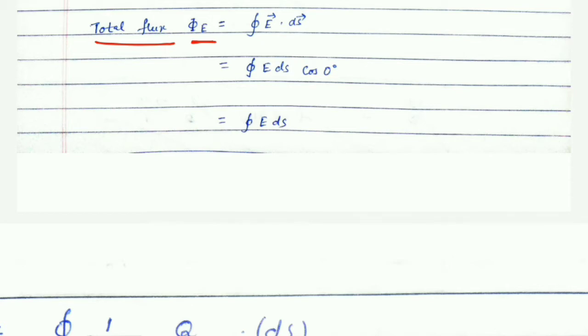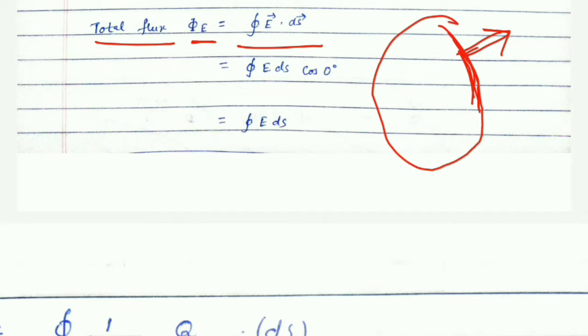This is equal to the integral of E vector dot ds vector, and here integral means that we are taking the flux for unit area over the sphere, so we integrate over all parts of that sphere to get the total flux. Now the angle between the area vector, which is perpendicularly outwards, and the electric field vector: both are at the same point and in the same direction, so the angle is 0 degrees. When the dot product is taken, we get cos theta, so cos 0 degrees equals 1, and we finally have E into ds.